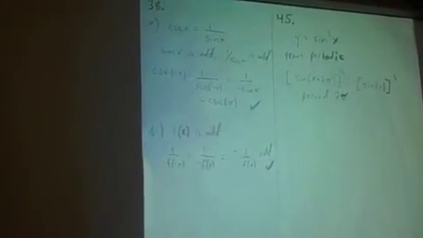The 1 over sine of negative x is equal to 1 over negative sine x, which is the same as negative 1 over sine x, which is the same as negative cosecant x. And it's like a proof that, and in the